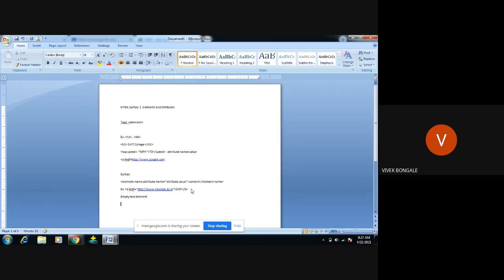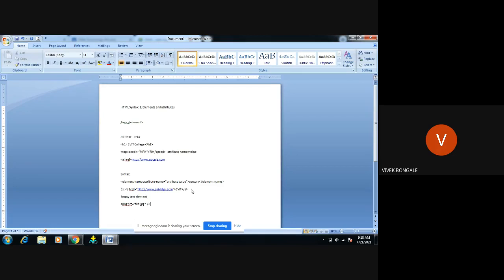For example, here I will use the image tag. I will give one image file, something file dot gif or jpg, then it ends with the trailing slash.